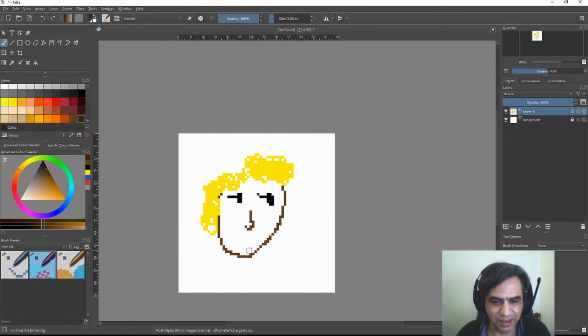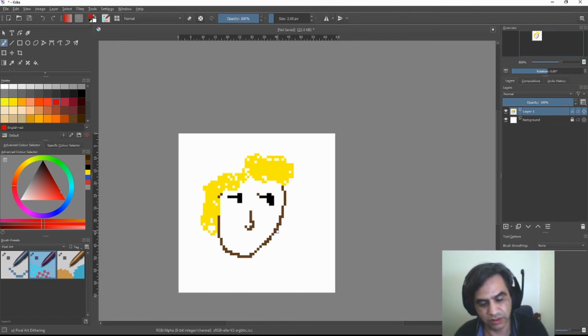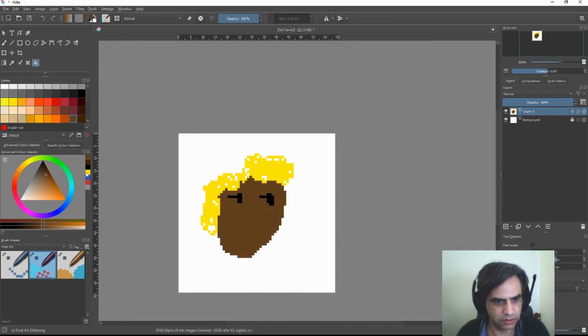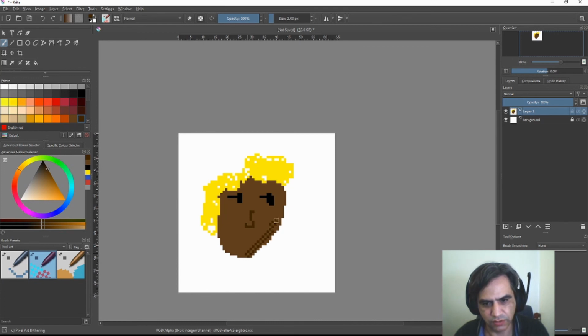You can see that I'm really bad at this type of art, but you can do the shadows like this instead of using the other one. Actually, it makes more sense to do something like this. Fill and use this one. For this, we need to use something like this, and then the shadows like this. I don't like that much, to be honest.